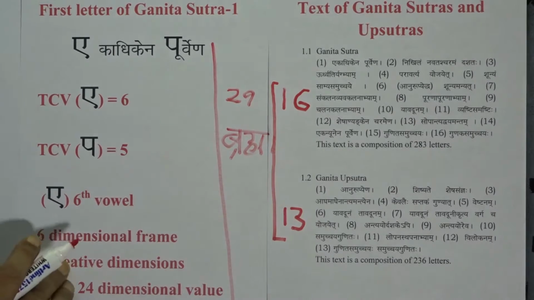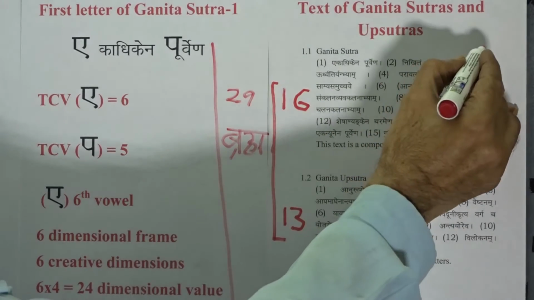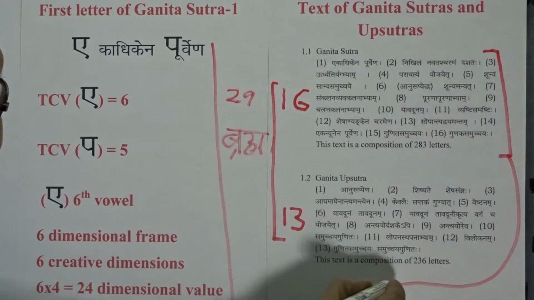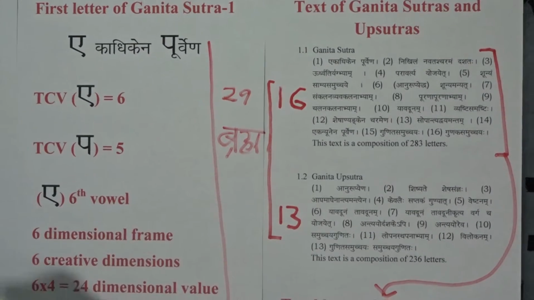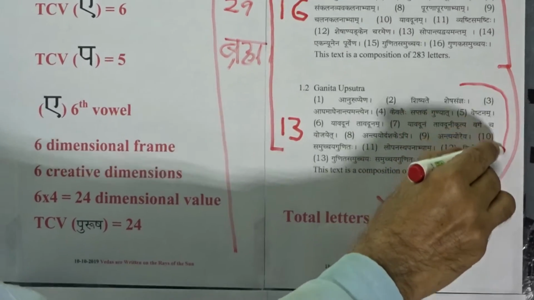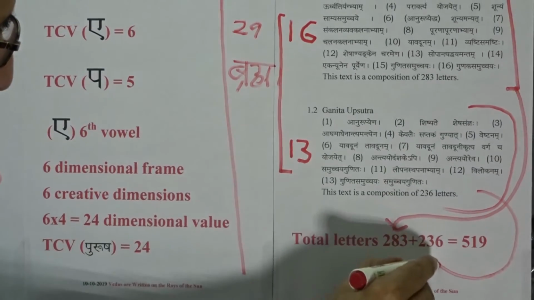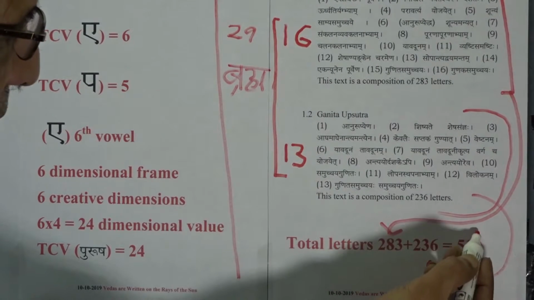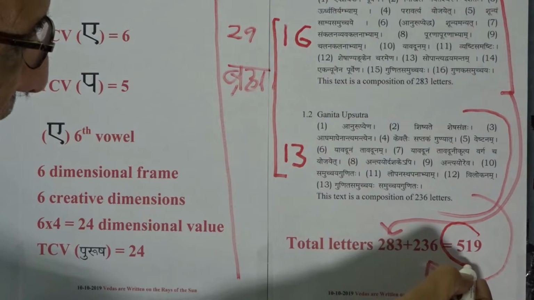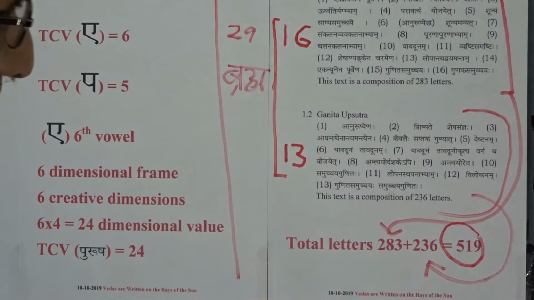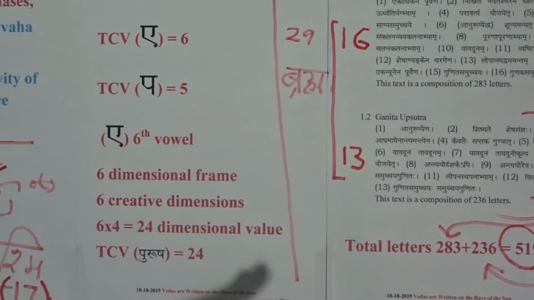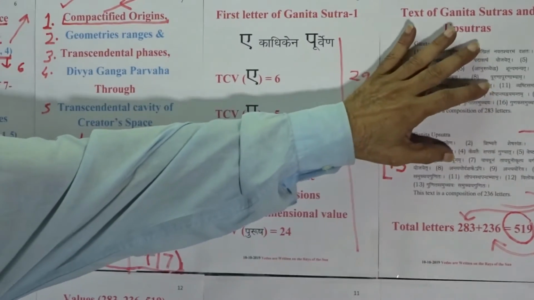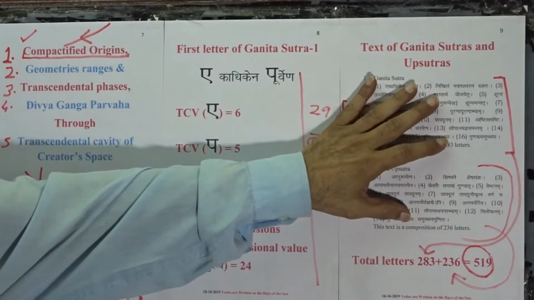Further, we know that these 16 hymns are availing 283 letters, and these 13 sutras are availing 236 letters. It leads us to a total value 519. Therefore, we have to be face to face with this organization feature of Ganita Sutras and Upsutras, whose mathematics